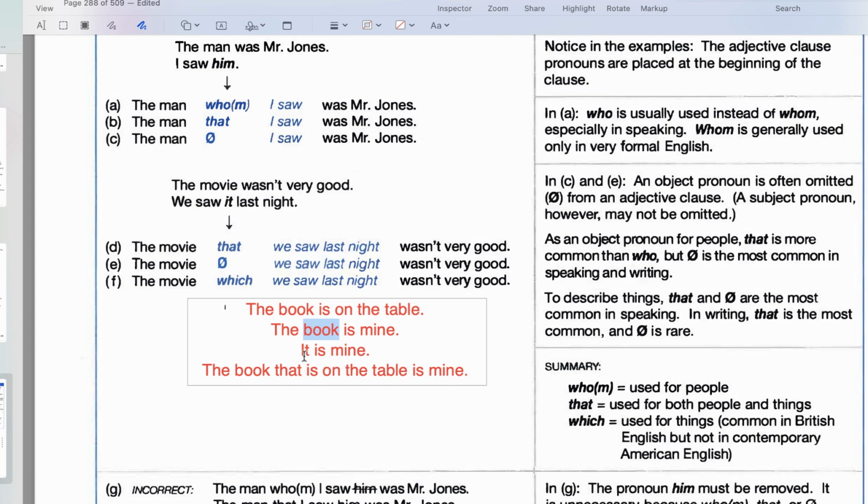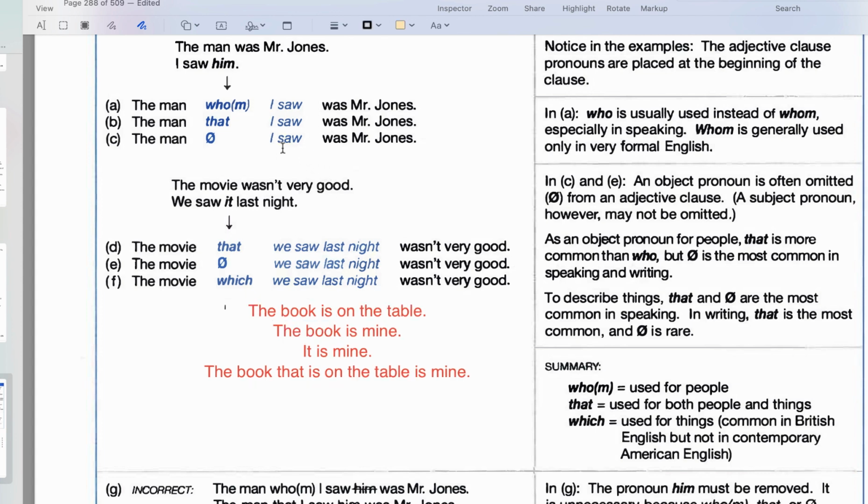Notice that this is a subject adjective clause. Right here is a subject adjective clause that is on the table. How do I know it's a subject adjective clause? Because where is the book? The book is before the verb. So if in the adjective clause, the noun that you are replacing with the relative pronoun comes before the verb, it is a subject adjective clause, okay? But if whatever you're talking about comes after the verb, I saw,